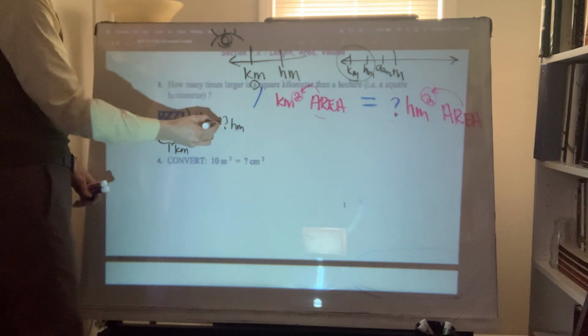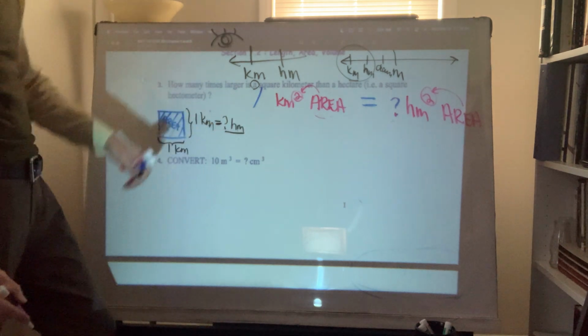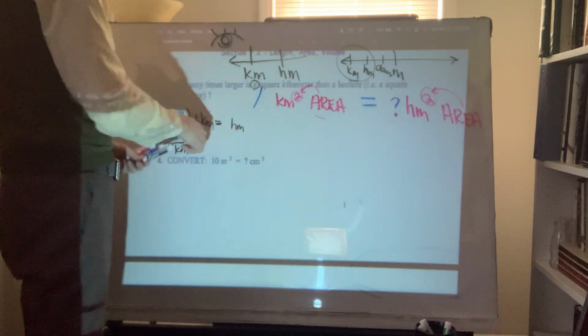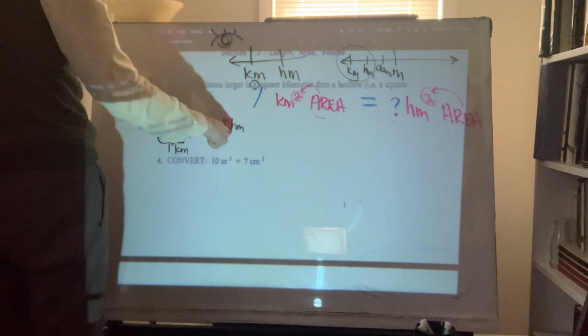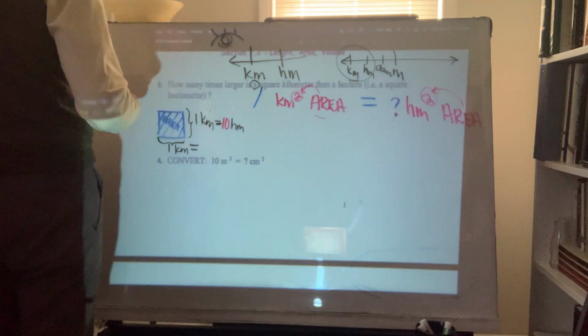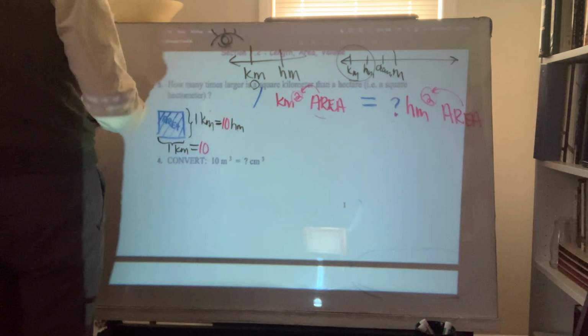Right? How many hectometers make up 1 kilometer? If they are 1 increment apart, then this is the relationship. It would take 10 hectometers to make 1 kilometer. Same thing this dimension, whether you want to call it length or width. Right? 10 hectometers